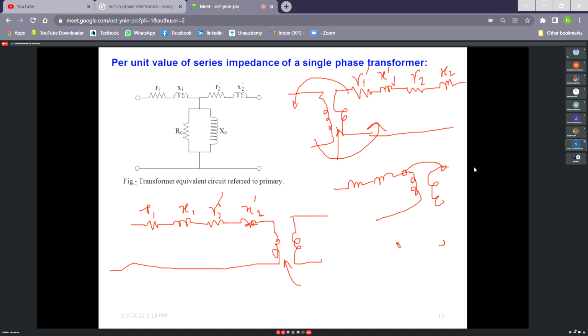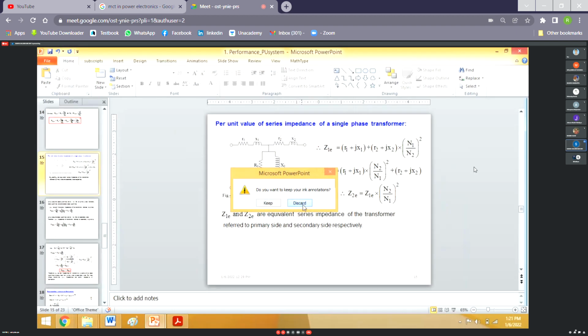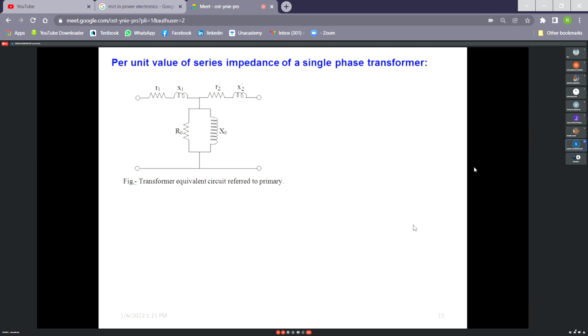If two nodes voltage are same, say 11 kV and 11 kV, then only you can short it in an equivalent circuit. Otherwise not. Have you understood what I wanted to convey? Yes, ma'am. So this is one difficulty we shall face when we want to draw an equivalent circuit of a power system, like single line diagram of a power system. When you have drawn the single line diagram, you do not need to draw any transformer in the midway, but now that will be there.